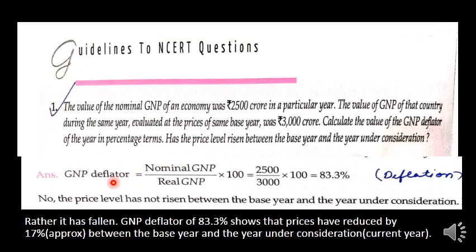So we'll see this. So GNP deflator, by substituting the two values in the formula, we get, like you can see here, 2500 by 3000 into 100. So you get the value of GNP deflator 83.3%. Now the question is asking you to give it in terms of percentage. So the percentage sign is here. Although GNP deflator or price index can be just stated as here in this example 83.3.